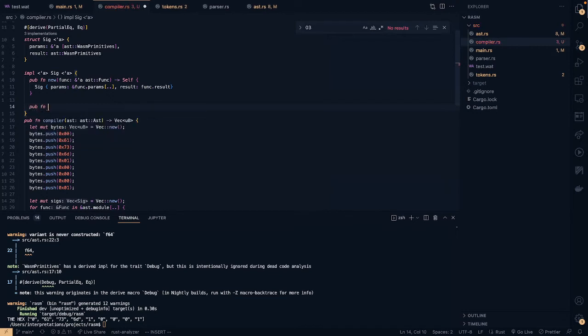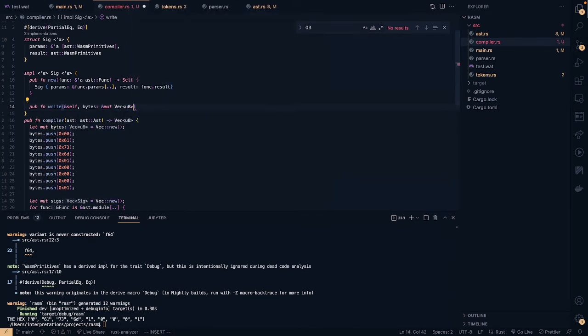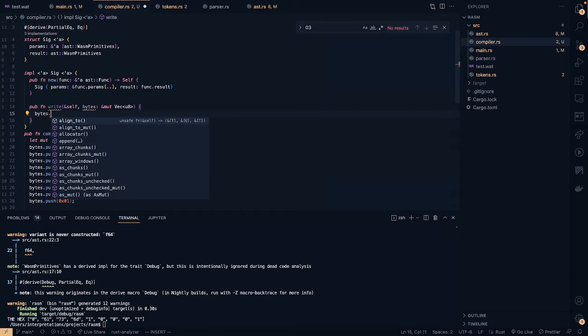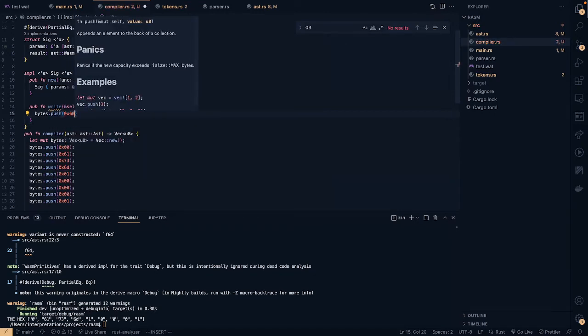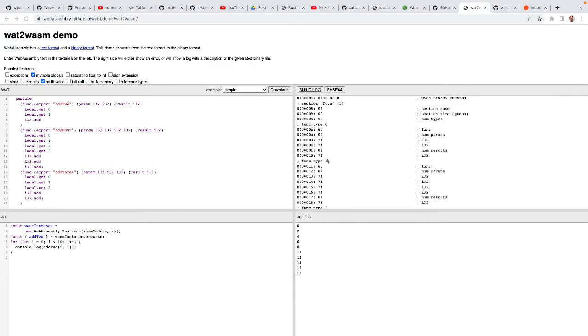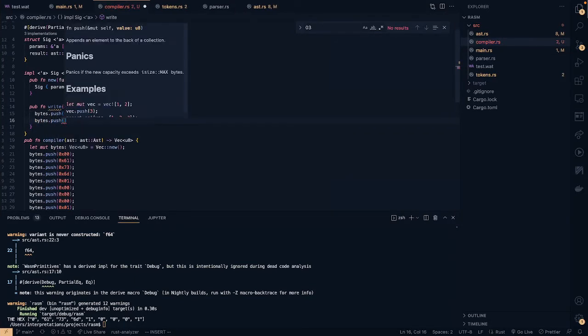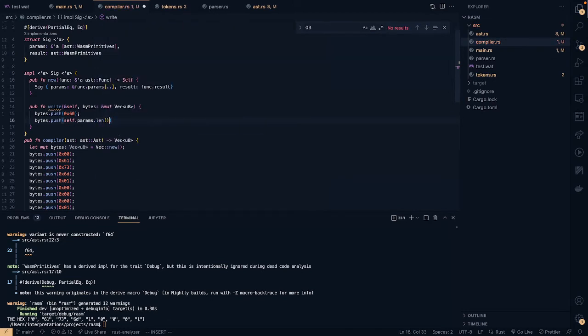So we'll do pub function write, and this will take this, and then we'll also need a mutable reference to bytes over here, and we don't need to return anything. Okay, so the very first thing that we do is we push 0x60, and then our number of params, which is just going to be bytes push self params length as a U8,